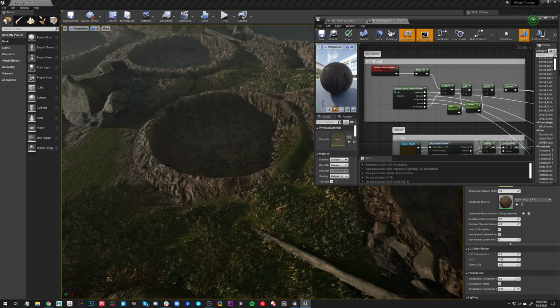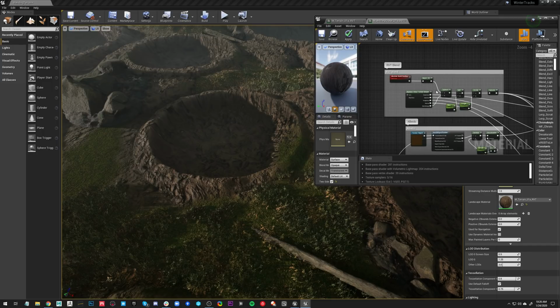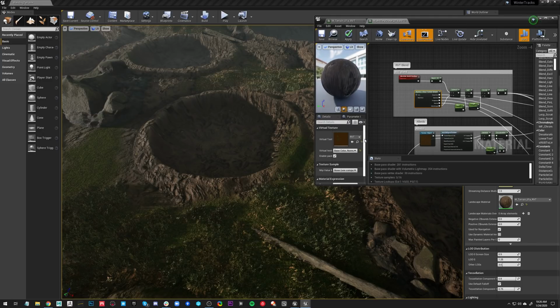So runtime virtual textures is a little bit different. It's more of a way to communicate between different materials than anything else. It's almost more like render targets. Joseph, feel free to add in anything you like there, because I'm not the best at explaining the super technical stuff. It's basically a procedural render target that's generated on the GPU, and you can communicate between materials, like you said. There's a lot of really interesting applications that come with it.